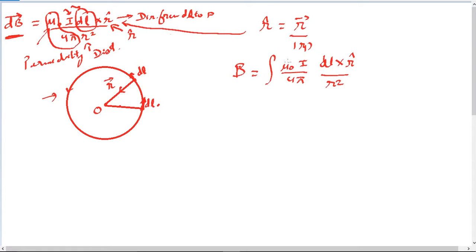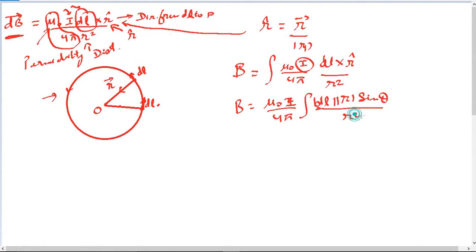And then what is mu naught I over 4 pi? We know that mu naught over 4 pi is a constant. Also we will assume that the current remains constant for the circuit, so we'll get B is equal to mu naught I over 4 pi. Since we do not integrate constants, it can come out of the integral symbol. And then what remains? dl cross r, which I can write as dl, since r is a unit vector, I will later substitute it as 1, sine theta